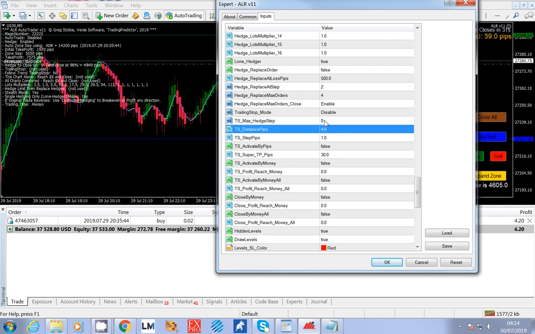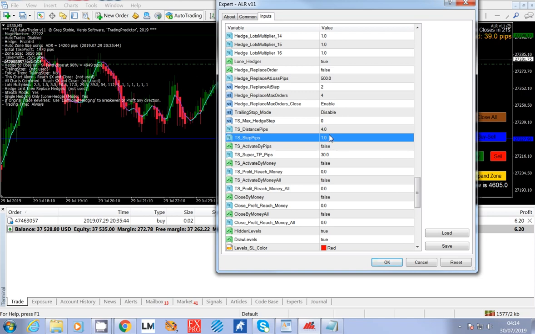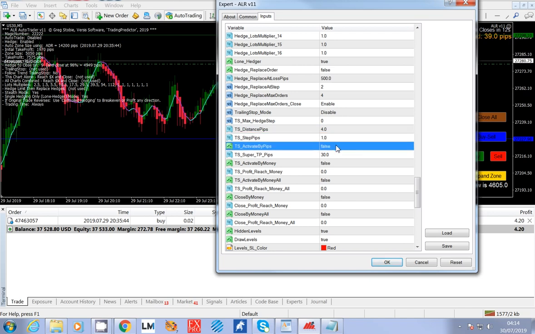Okay, the distance pips, of course, is how far do you want the trailing stop to reverse before you regard it as a reversal and stop. That's the number there. The step is just the normal standard trailing stop step, kept at 1. Activate by pips. Now, the activate